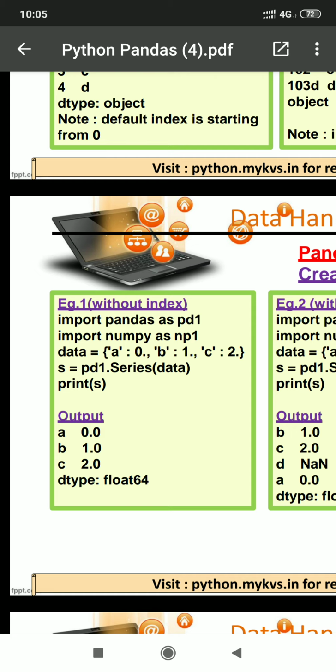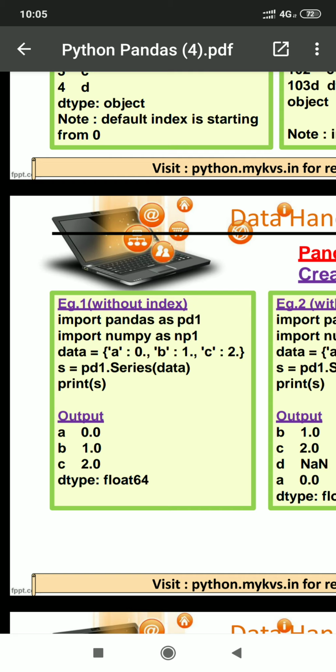Data equal, a means a is the key and its value is 0.0. Then b is a key and its value is 1. C is a key and its value is 2. So there are 3 keys. Then we are passing that dictionary inside series, and the series is created with the name s, then displaying the value of s.